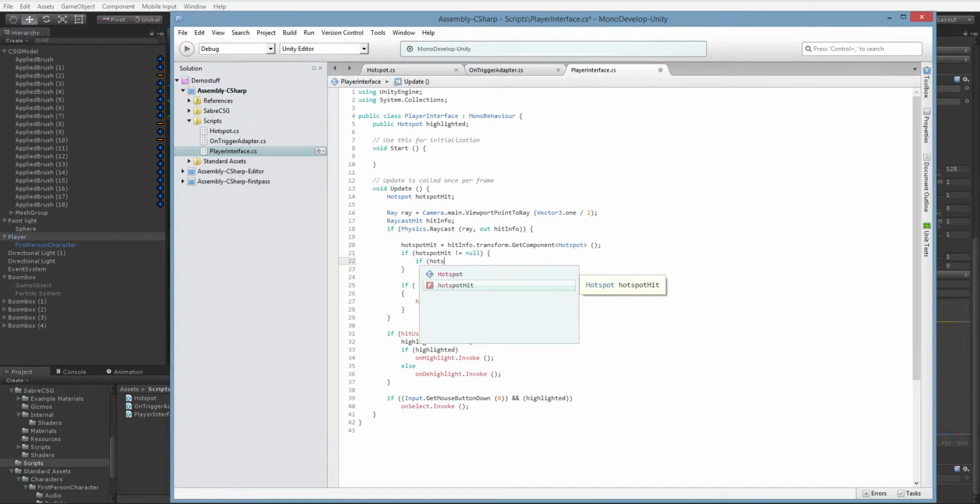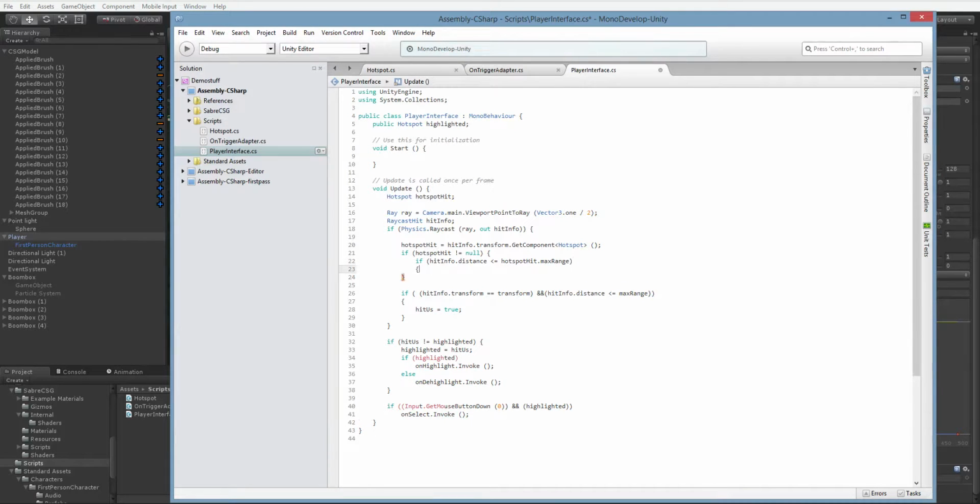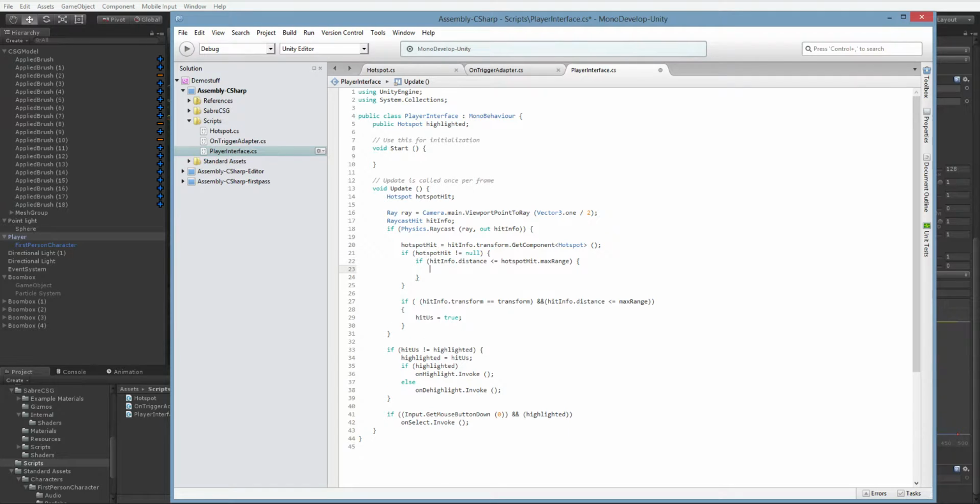If hotspot hit dot range dot max range, if hit info dot distance is less than hotspot, then hit hotspot hit equals